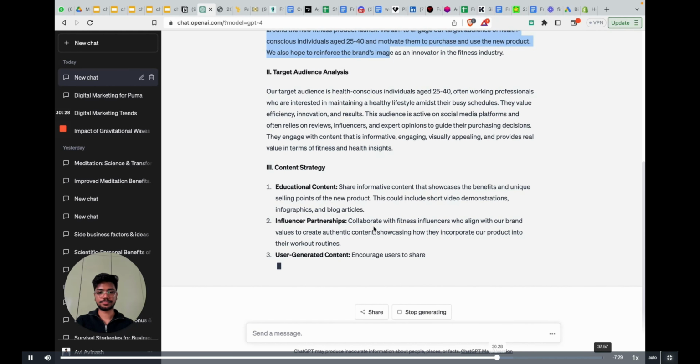I am mind blown by reading this. People usually charge $100, $200, $300 for a plan like this.